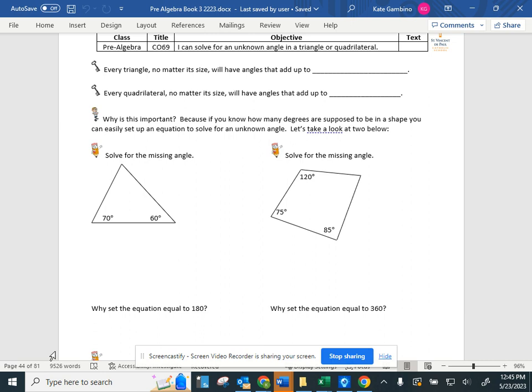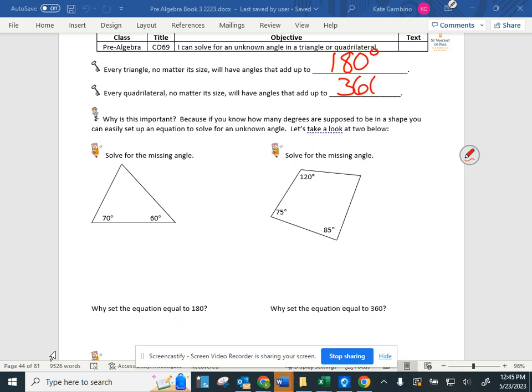So, you should know this from yesterday. We just reviewed it. Every triangle, no matter its size, will have angles that add up to 180 degrees. So every quadrilateral, no matter its size or the shape that it makes, will have angles that add up to